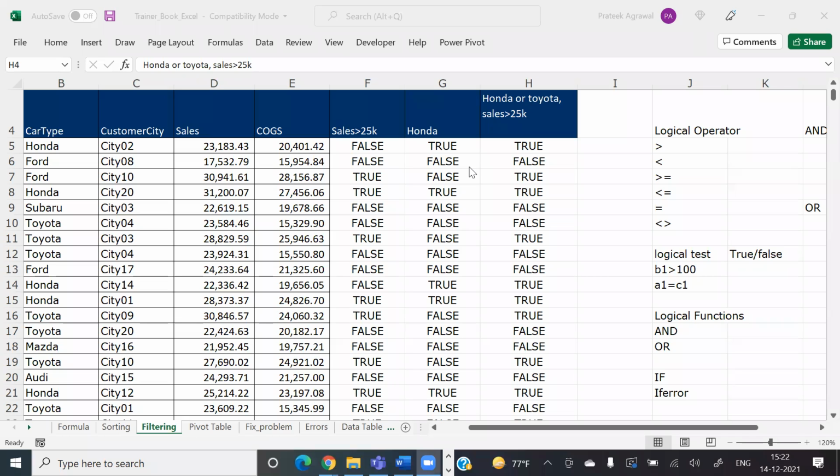Honda or Toyota is mentioned over there. If suppose Honda's sales are more than 25K and Toyota's are not, it will show us false if we use AND, because one condition is false. But what they said was, use Honda and Toyota as OR and use sales as AND. That works? I believe so. Okay.